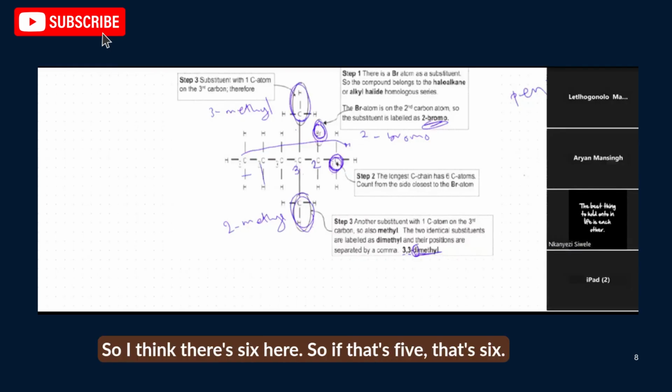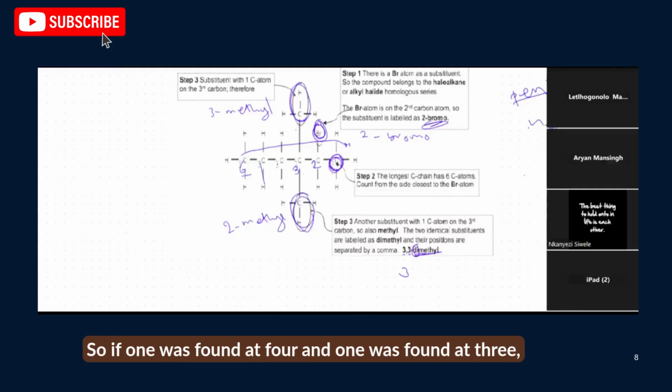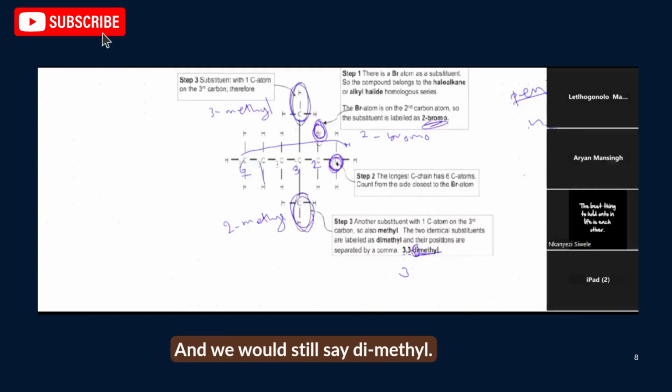3. So I think there's 6 here. So if that's 5, that's 6, there's 6. So it's not a pent, it's a hex. My bad. So if one was found at 4 and one was found at 3, we'll say 3,4,